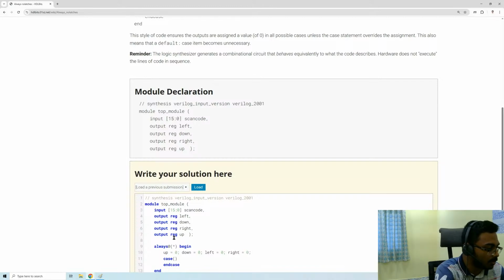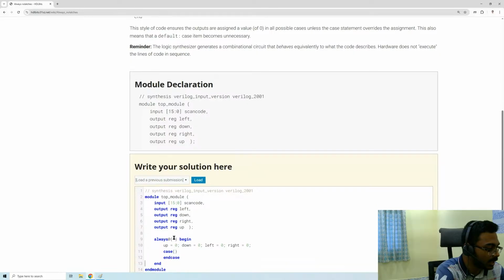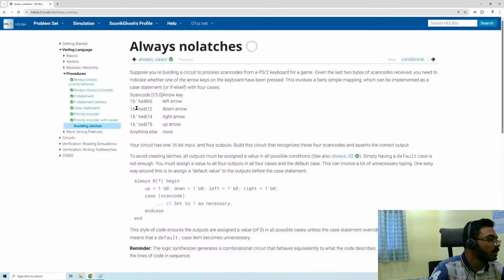So it's like we are putting everything in one line, which could be put in multiple lines. This is the scan code, case scan code, which is given as input. And if we have these values,